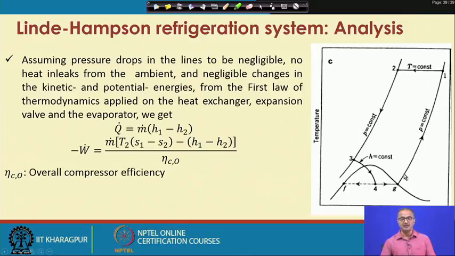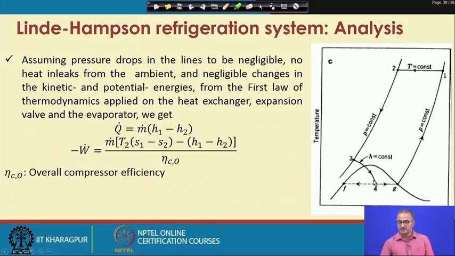Here one should be careful: in practice, generally this pressure should be more than the pressure here, to take care of any pressure drops during the travel. So ideally this pressure will be the same as the inlet pressure of the compressor, but in practice this will not be so. Now once it has gone into this, this particular dome represents, as we learnt earlier, the two-phase zone. That means within this dome we have two phases, vapor and liquid, coexisting.